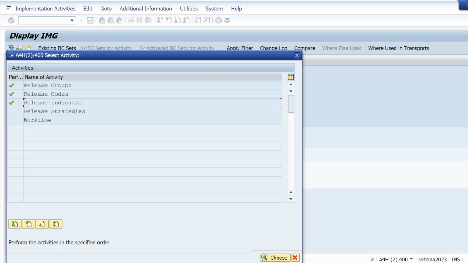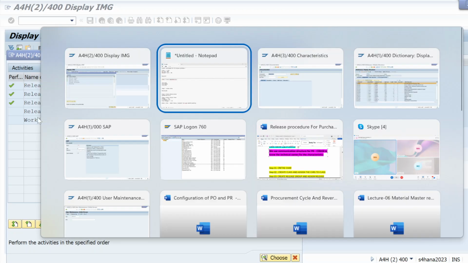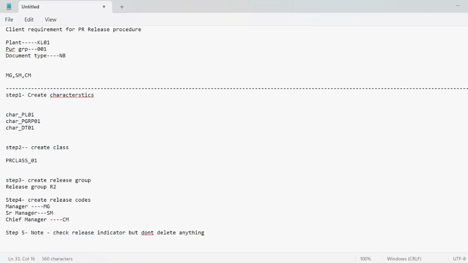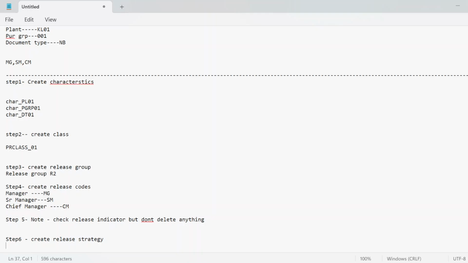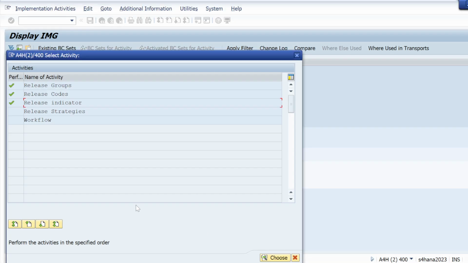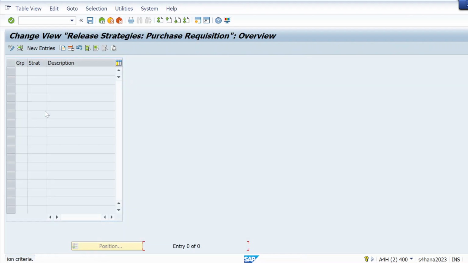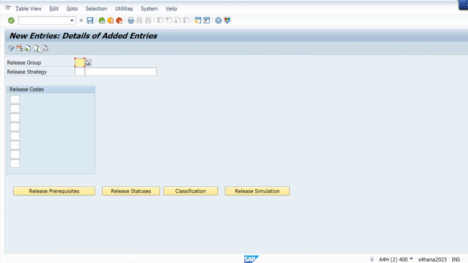Okay, so I will just go to release strategy. Next step is we will create a release strategy. Sixth step is create a release strategy. Step 6 is create release strategy. So we will create a release strategy. How we are going to create? Just go here and just double click on release strategy, and here just go to new entries, and here I